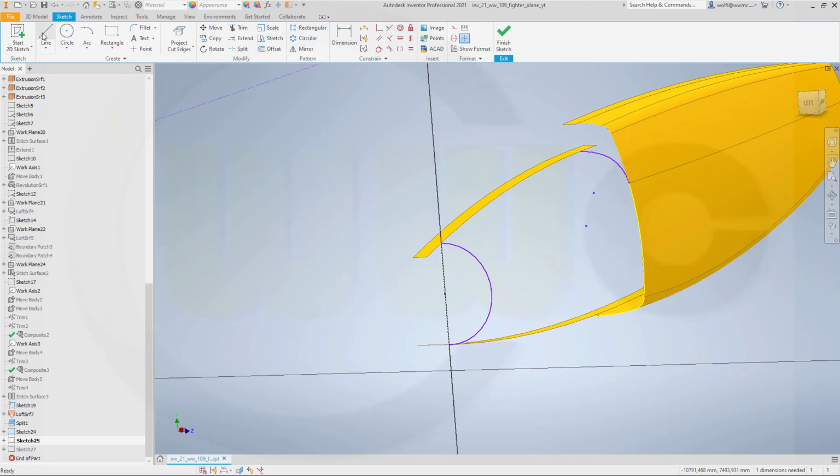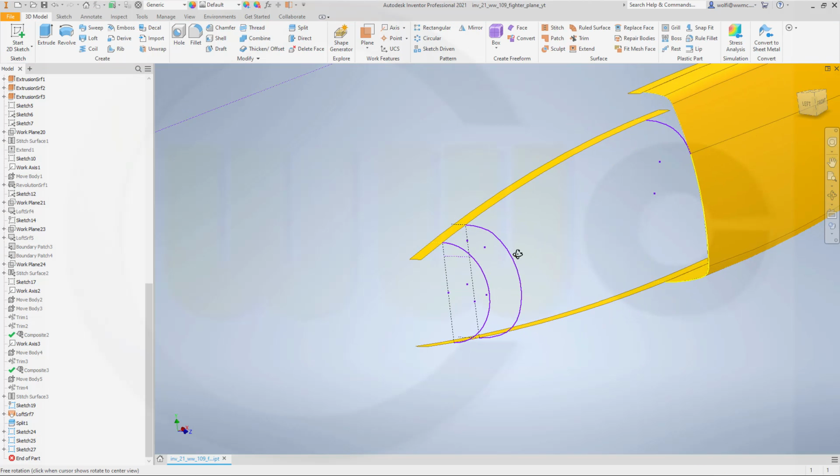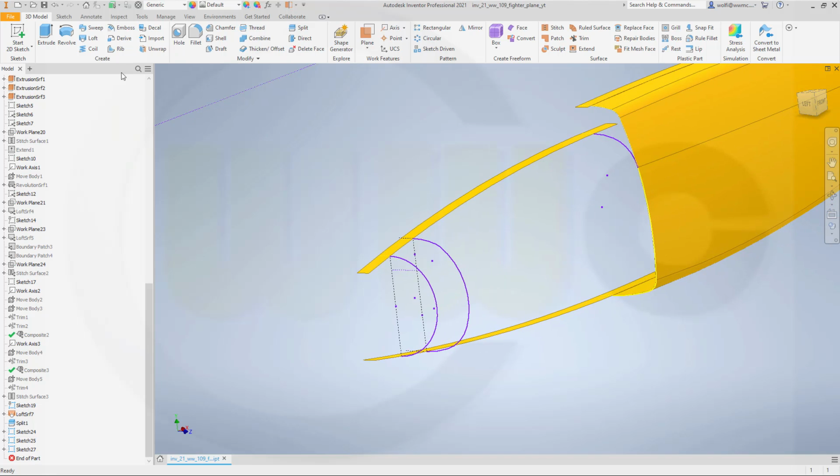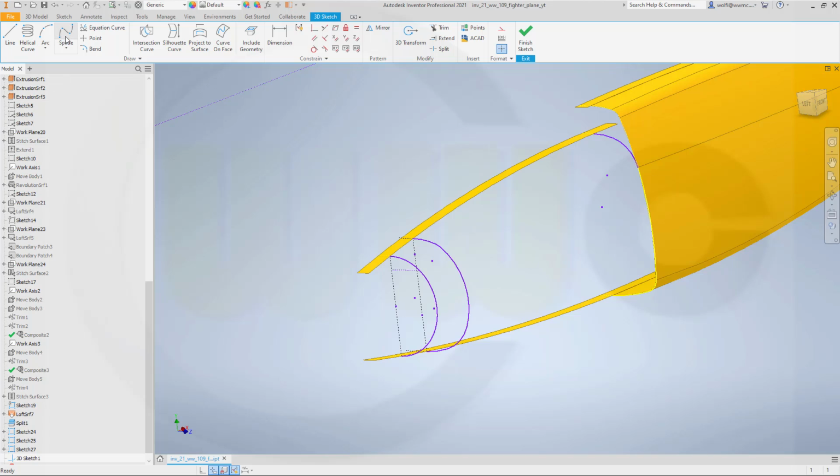And I need a line which starts maybe here, goes to that arc here, and then I want to split that arc with the split command like that and make this a construction line. Finish that sketch, and now I should be able to make a spline, a 3D spline. So let's go for a sketch, go for a 3D sketch, go for a spline,